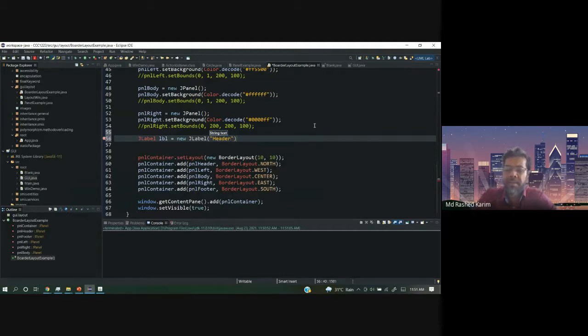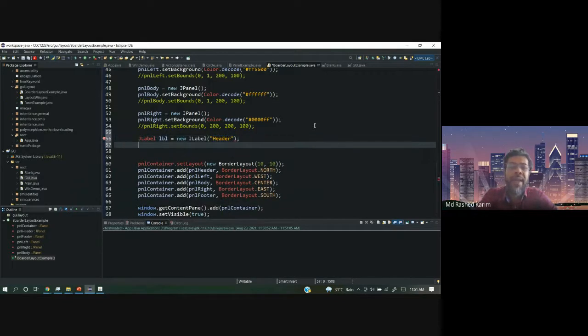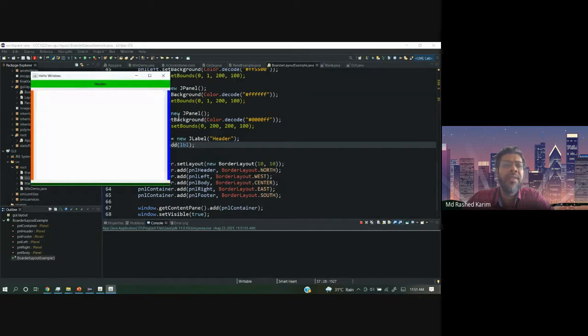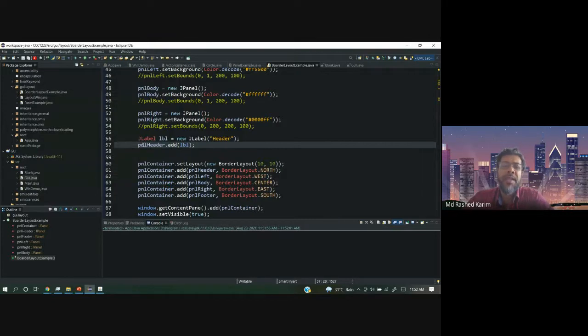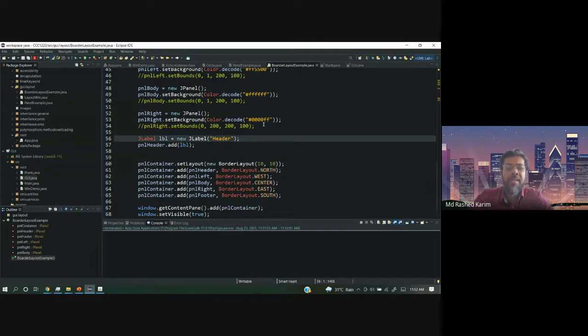Then I will add this in the panel header, add component LBL. Let me check whether it is shown in the header or not. Let's say the header is going on. That means it will push. In that way, you can